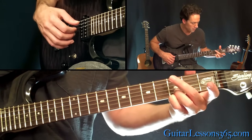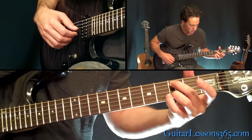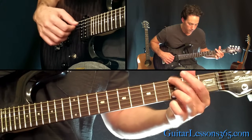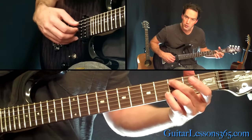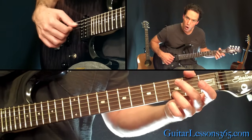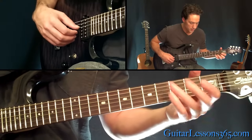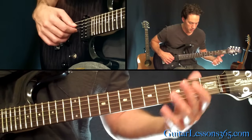Then put your 2nd finger here on the 3rd fret on the A string. Keep your 3rd finger here at the D note on the B string, 3rd fret. So we have this, the 5th string, 3rd fret with the 1st string open there. Then there goes 3 on the B string, open G, then 3, 2 on the 6th string down to the open. So that's then just like